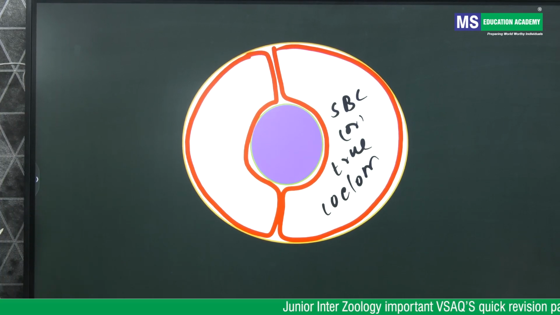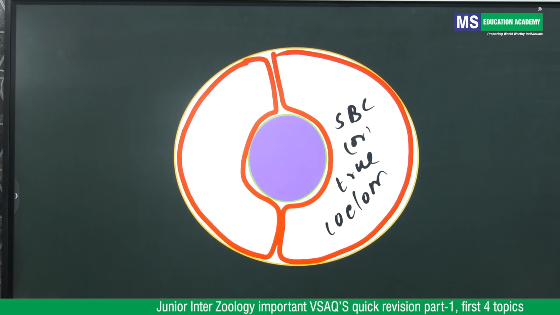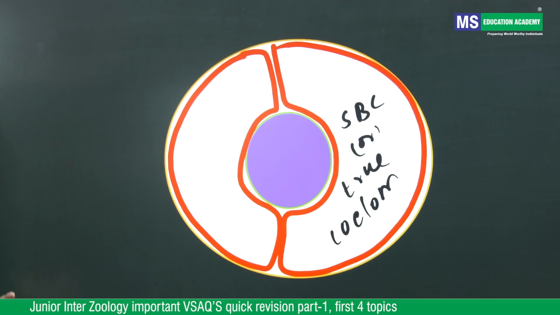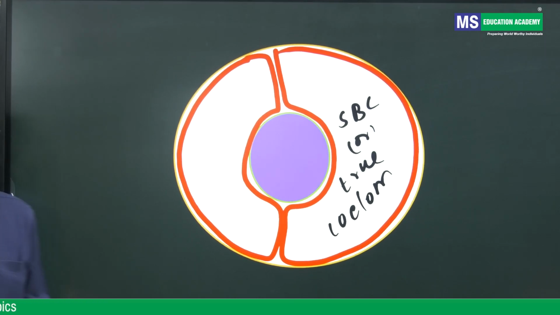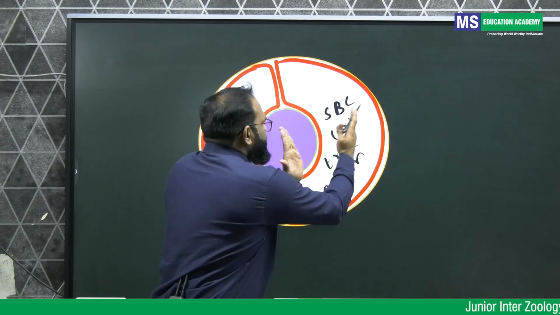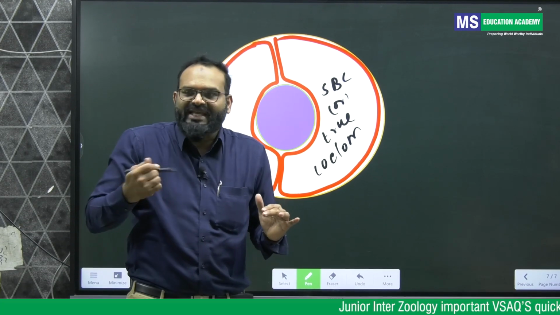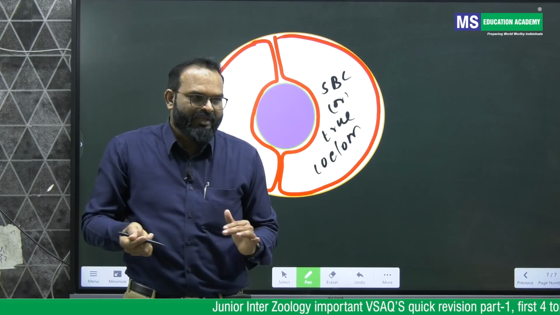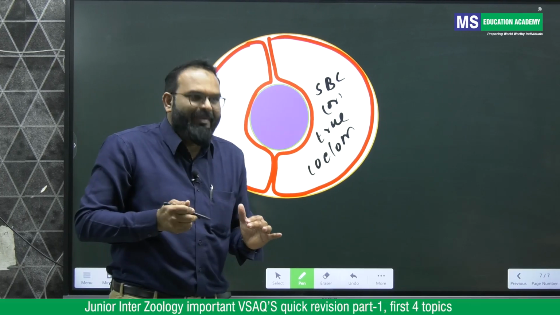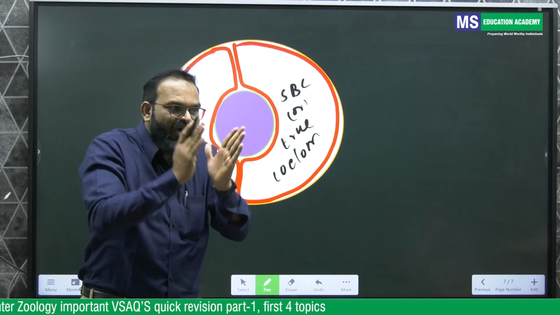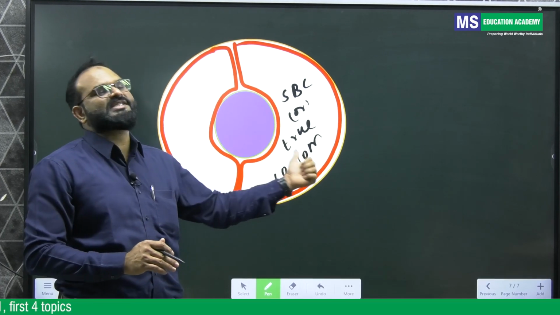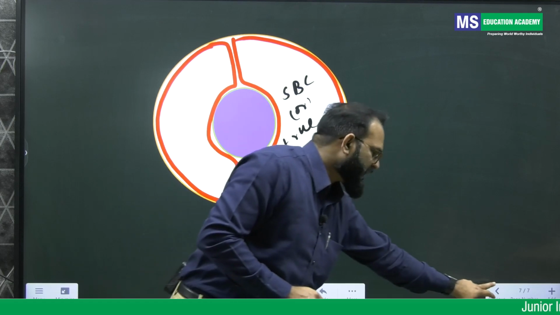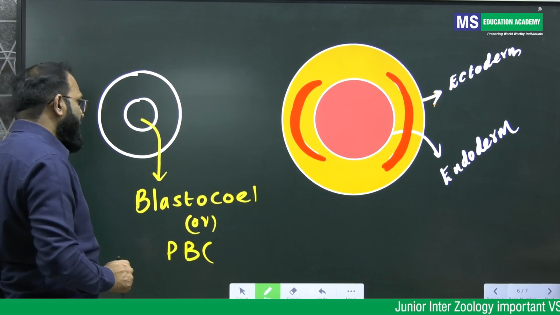Very easy, students. एक चीज आपको समझना है, ब्लास्टुला में प्राइमरी बॉडी कैविटी रहता, ट्रिप्लोब्लास्टिक एनिमल्स में क्या होता, जब मीसोडर्म फॉर्म हो जाएगा, ये मीसोडर्म स्प्लिट होके और एक बॉडी कैविटी फॉर्म कर लेता. सो क्योंकि दूसरी मर्तबा बॉडी कैविटी फॉर्म हुआ और ये बॉडी कैविटी मीसोडर्म स्प्लिट होने से फॉर्म हुआ, तो इसको बोलते हैं सेकेंडरी बॉडी कैविटी. तो ये इंपॉर्टेंट क्वेश्चन है स्टूडेंट्स. Right.